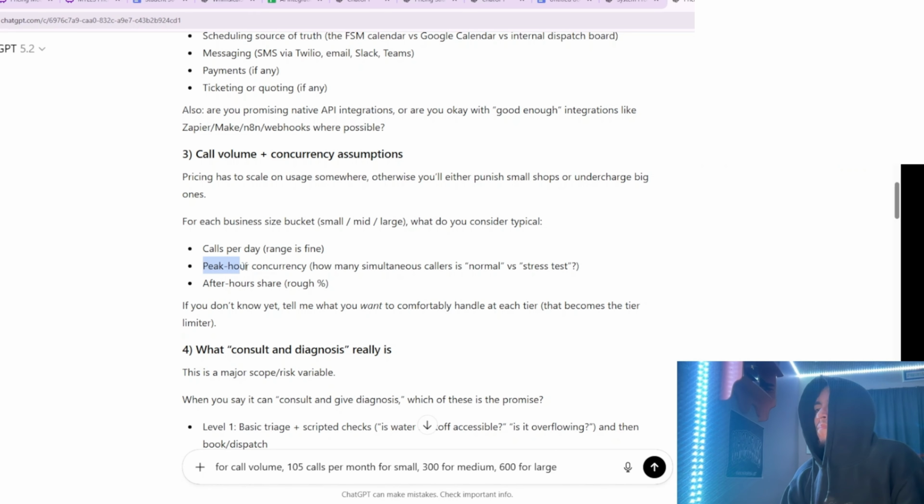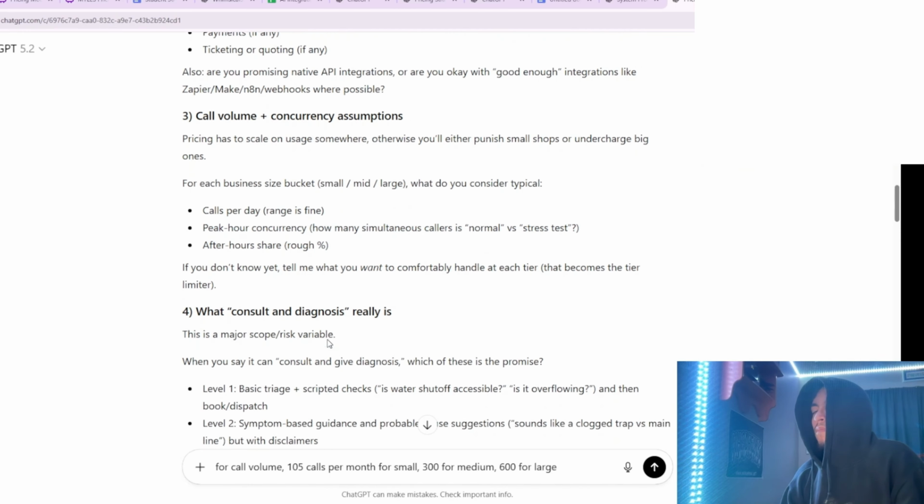I'm not going to bother answering the peak hour concurrency and the after hour share because we don't really care about those. We care about the number of calls they're getting. I'm not going to bother answering these because they don't really affect the actual pricing itself, in my opinion. So I'm just going to ignore these for now, and I'm going to move on to the next question,